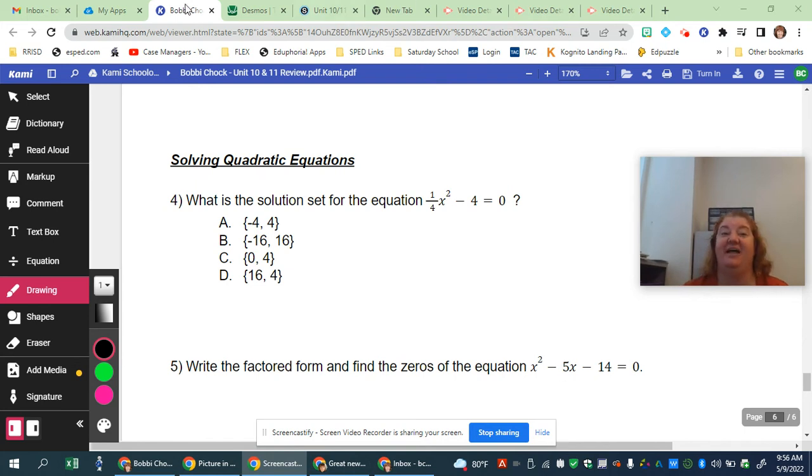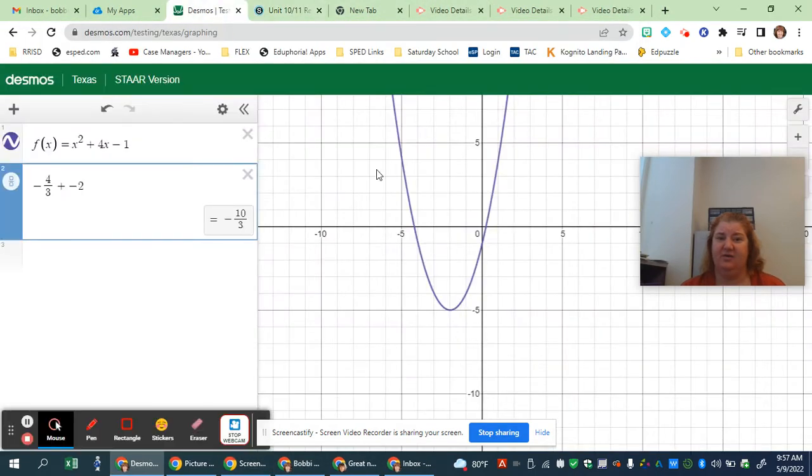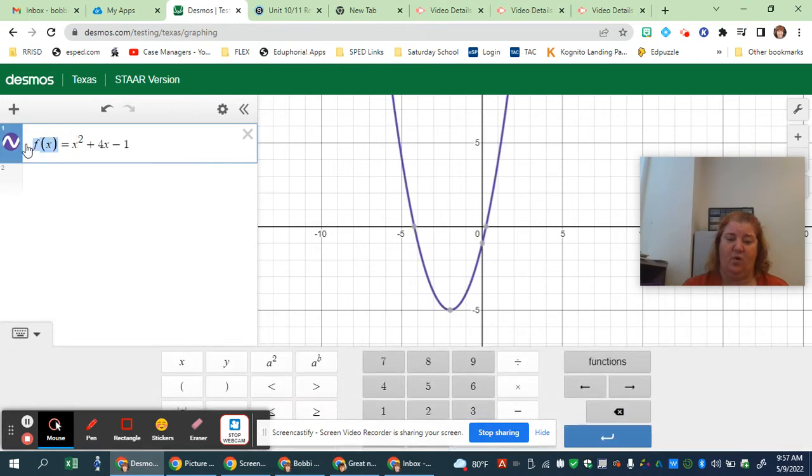Okay, we're on the final page. We're gonna find the solution set by graphing. Whenever I have it equal to 0, I can just graph it. So let me put this over here. Go to our graphing. And so y equals,